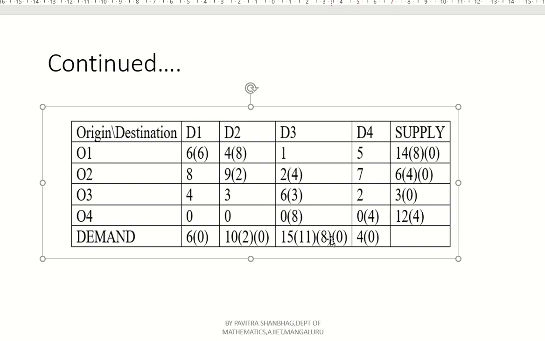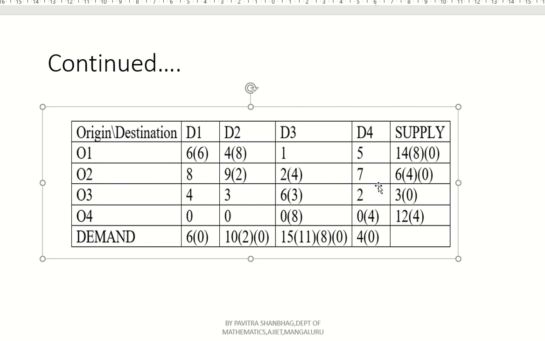Now come to this point, the remaining element is only this 2, right? Now assign minimum of 12 comma 8, or 8 comma 12. What is the minimum? 8. Assign that here. Now what remains? 0 remains. So completely this column also vanishes. Now the only thing left is this element 0. Now what remains after subtracting this? 12 minus 8 means 4 remains. Now here also 4 remains. Minimum of 4 comma 4 means 4 only. Assign that value here. Now we have finished all the demand and all the supply.